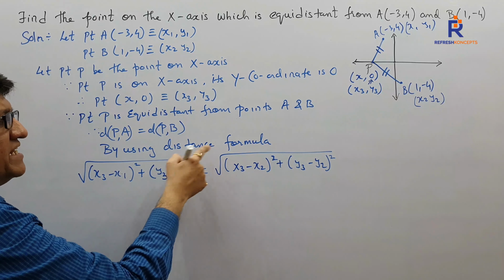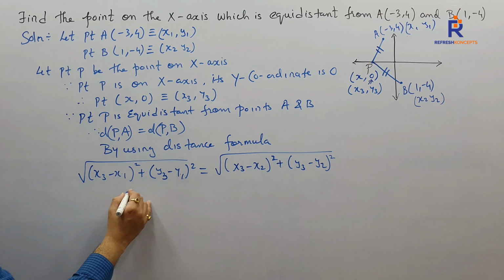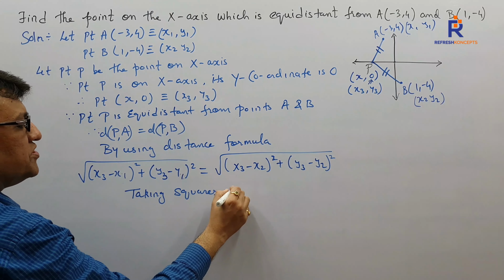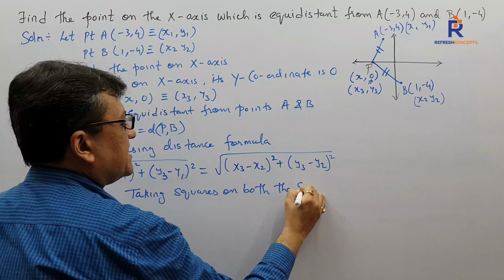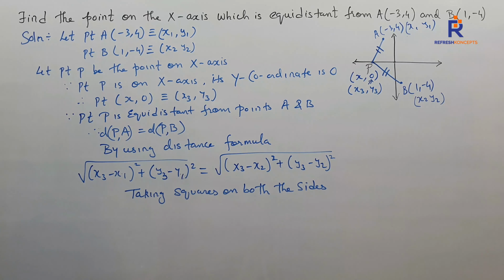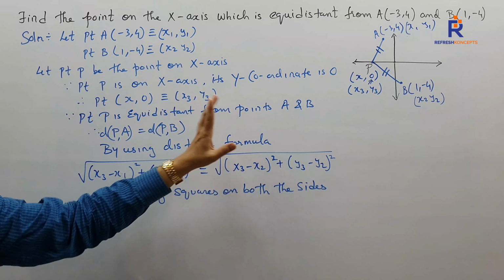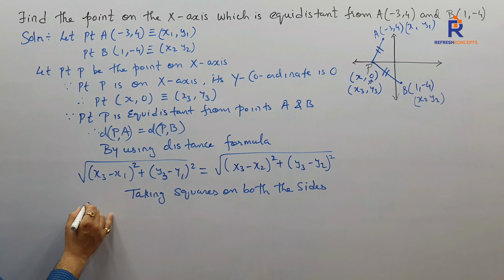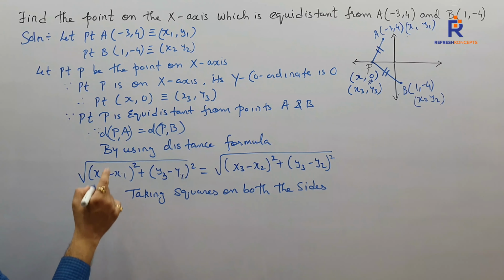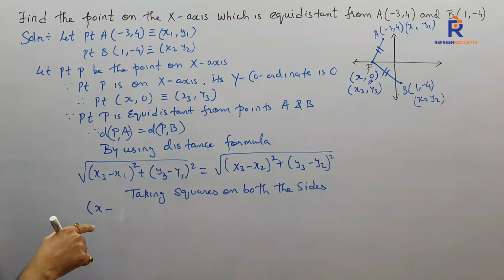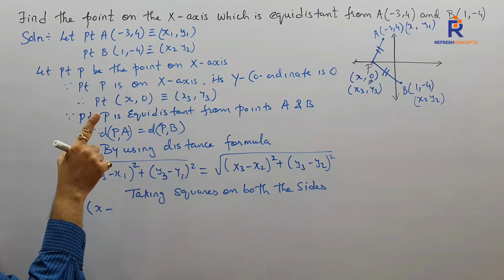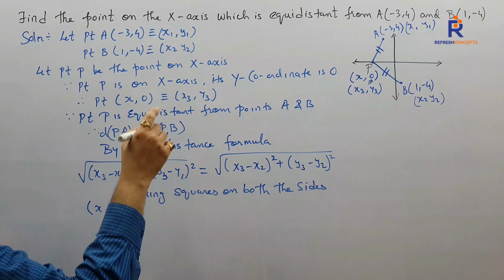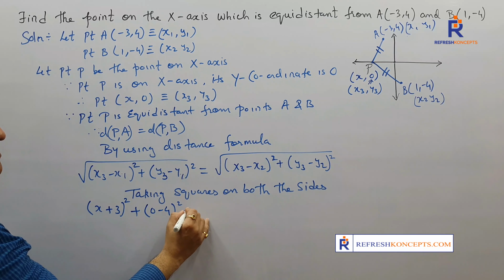Children, we want to get rid of this particular square root sign. So what I shall say, taking squares on both the sides. The moment we take squares on both the sides, the square root sign goes. So along with the substitution, start your answer. What is x3? x3 is x. What is x1? Minus 3. So x minus of minus 3, can I say x plus 3 the whole square, plus 0 minus 4 the whole square, is equal to